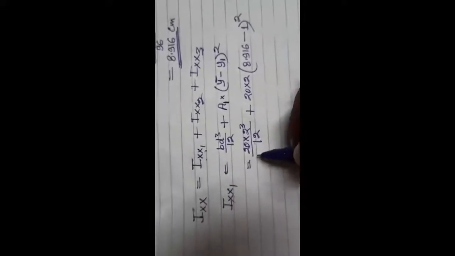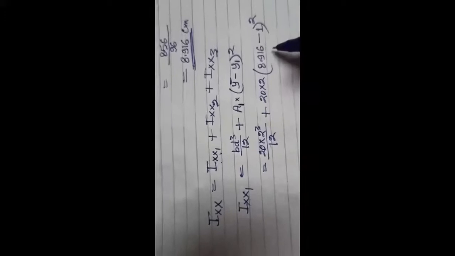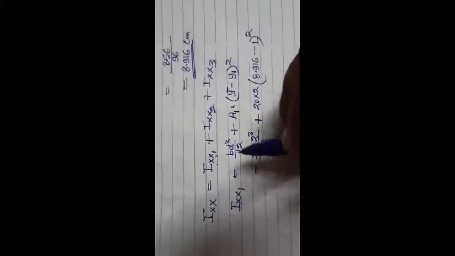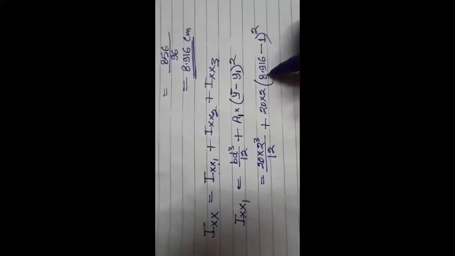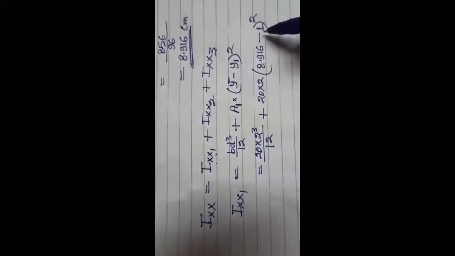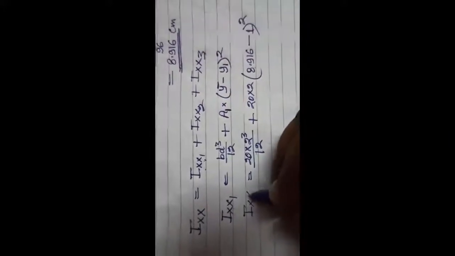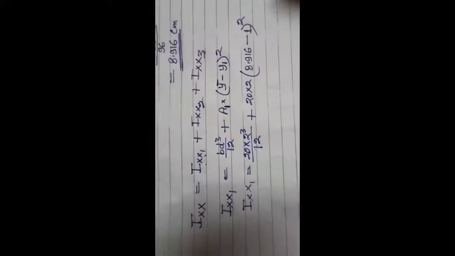As this is the centroid of part 1 and this is the centroid of the whole figure, this is the moment of inertia of the first rectangle about the XX line. So this is IXX1. Similarly, we will find